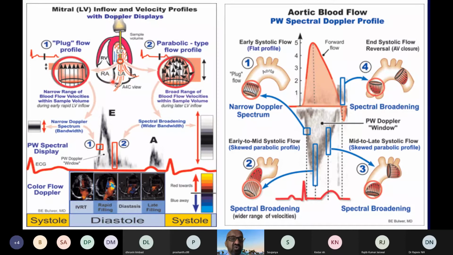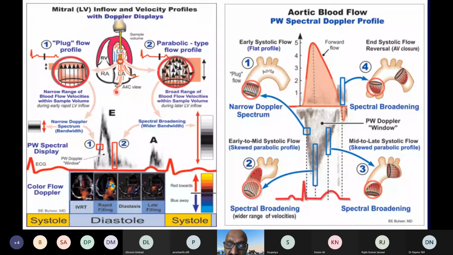Because this velocity is low, we need to use pulse wave Doppler, especially when you're looking at the diastolic function of the left ventricle. But in mitral stenosis, if we want to determine the gradient, because the velocity will be increased, because the blood has to pass through a narrow orifice. In mitral stenosis, the orifice is reduced. Normal value is 4 to 6 square centimeters. So if it becomes less than 2.5, and especially if it is 1 centimeter and less, where there is severe mitral stenosis, the velocity will be increased, and you need to use continuous wave Doppler.